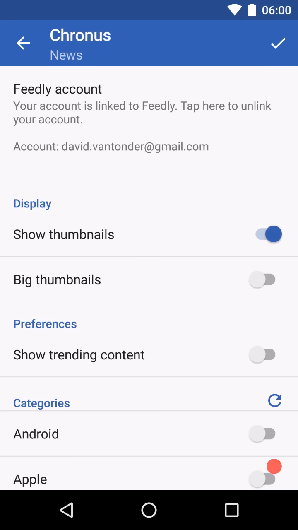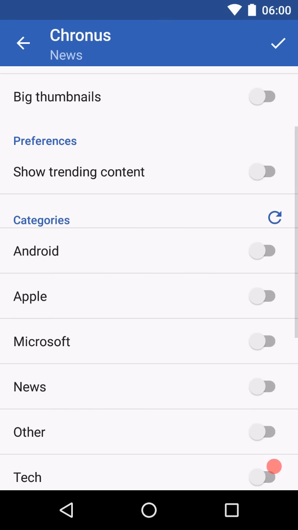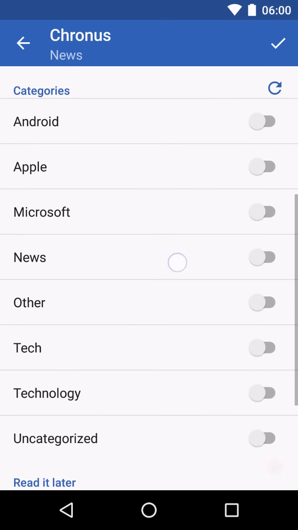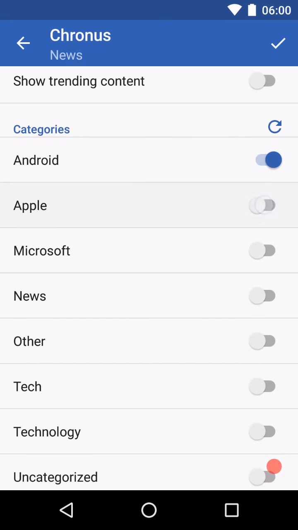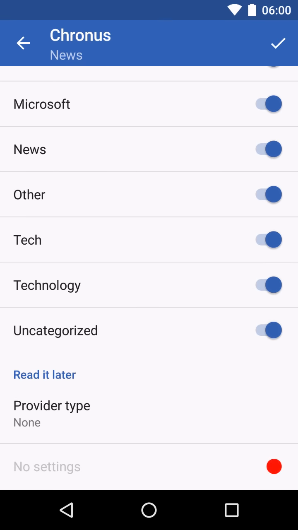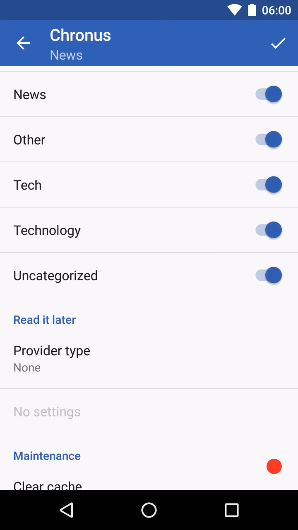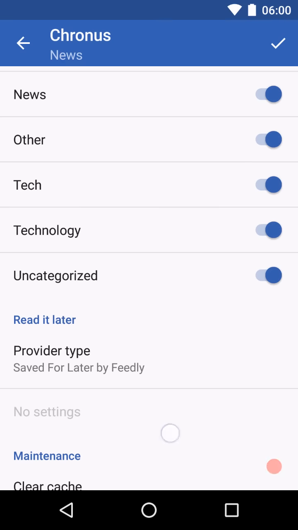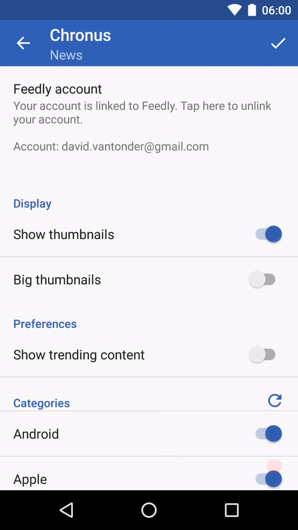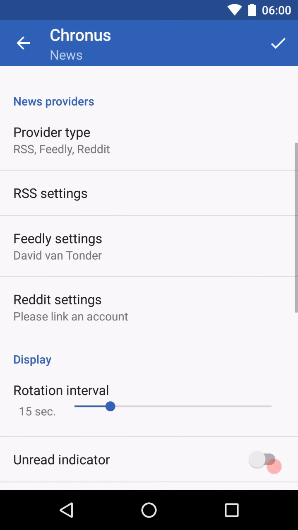I'm now logged in. I've got my account linked, and here's where you can configure things further. It pulls your categories, the categories of content, from the system, and you can then pick which categories you want. I'm going to pick them all because I want to show them all, but those are all the categories. You can define your read it later to use Save for Later by Feedly. I'm going to pick that one, and I'll leave that for the time being. So I'm going to say yes to that,